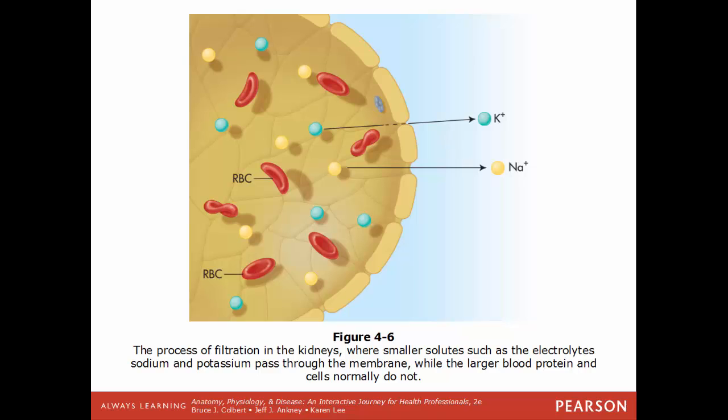future video. As the blood gets pumped through certain structures within the kidney, things that are small will be filtered out, such as potassium ion and sodium ion. But things that are a little bit larger and can't fit through these holes will not be filtered. So think of this as a kitchen strainer. And say you have a pile of, say, pasta and water, and you put it through the strainer. Water will go through it, but the things that are larger, like the pasta, will not be filtered because they're